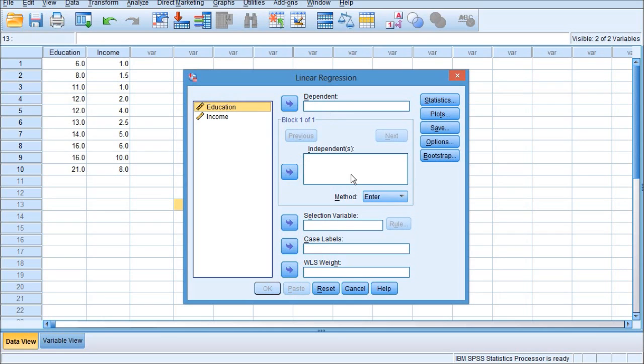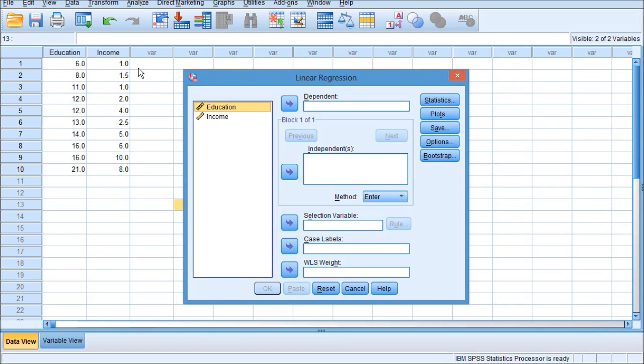A couple of you guys got confused about this. Please make sure you understand which variable is dependent variable and which variable is independent variable. In this case, we are interested in knowing if education level influences income level.